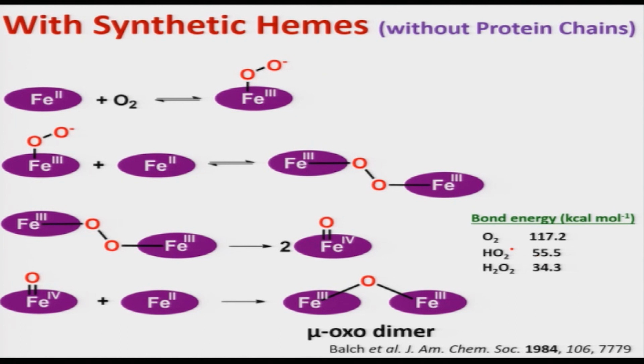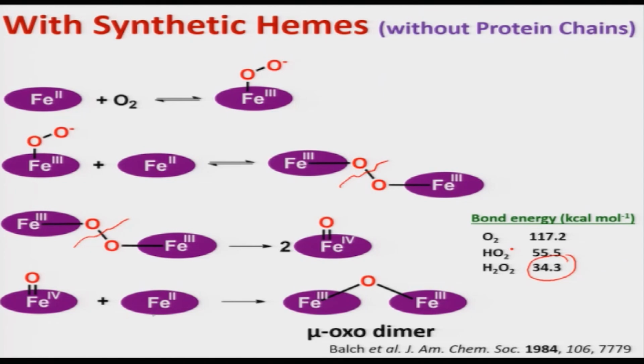However, if it is hydrogen peroxide, the bond dissociation energy is very low, 34.3. Indeed, this is the state where that O-O bond gets cleaved very easily in biology. Now, this mu-peroxo species undergoes O-O cleavage and converts to 2 ferryl heme centers, iron(IV) oxo, which is a highly reactive intermediate, which immediately binds